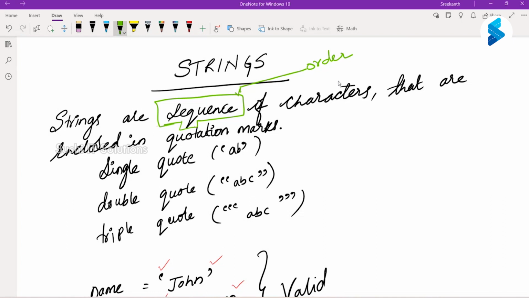I'll talk about it, but remember, strings are a sequence of characters that are enclosed in quotation marks. You can use a single quote, double quote, or a triple single quote or a triple double quote. Generally what we have is a single quote and a double quote, but Python also supports a triple quote. Technically, since we don't have a single triple quote character, we use either triple single quote or triple double quote.